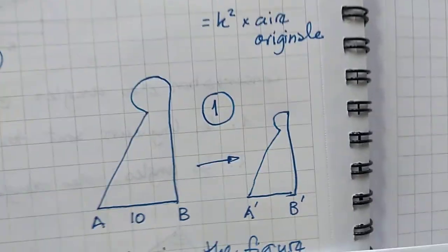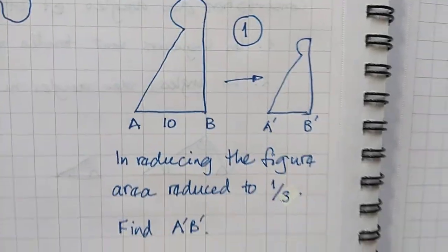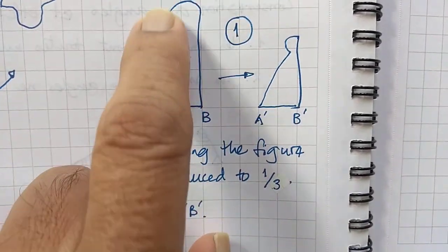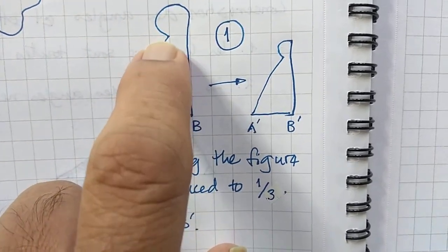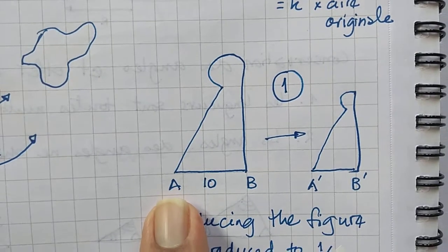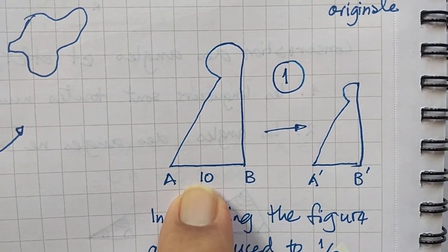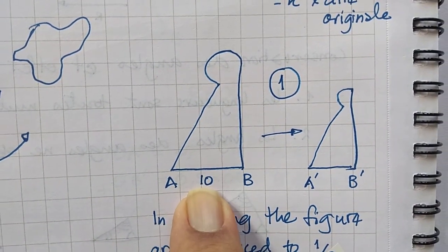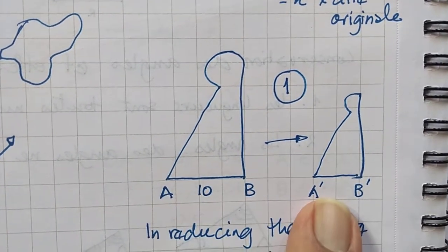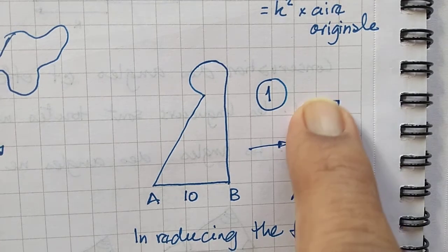Okay, so that brings us to the first in-video problem. I have this figure here. I've intentionally drawn a little circle on top, part of a circle, and I say this distance AB is 10. Let's say 10 units. I don't specify centimeters or millimeters, just 10 units. And I reduce it to this.